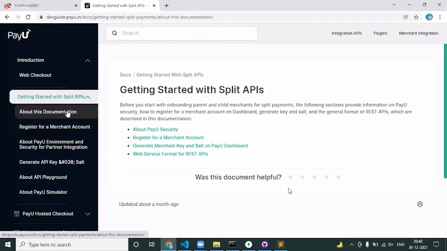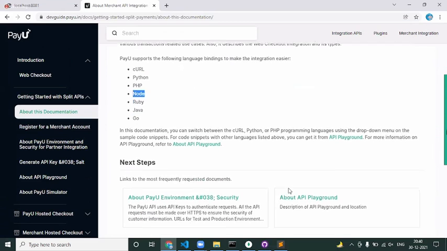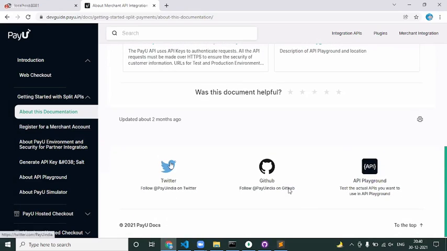Say, for example, about this documentation, what technology you want to implement, PHP, Node, Ruby, whatever it is. If it is Node, you can choose the option and the corresponding API will be provided here.